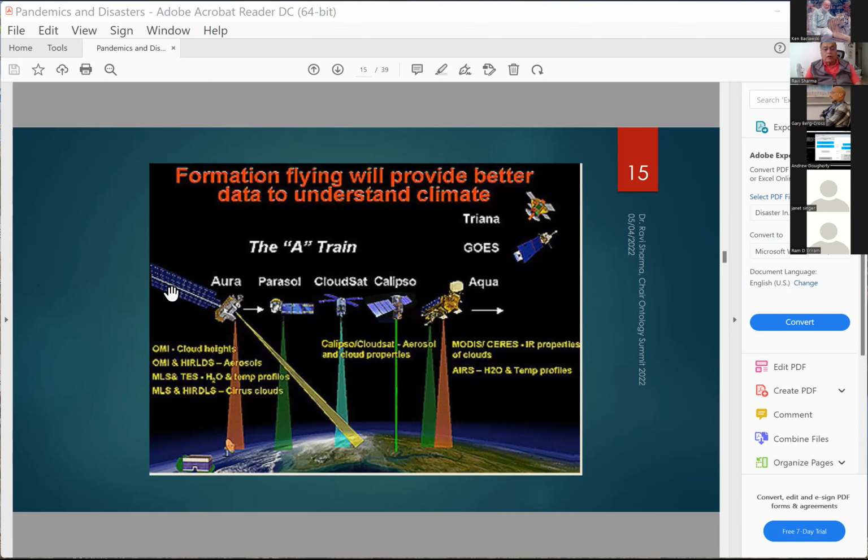So here we have Aura, we have Parasol, some European satellites, Aqua, and so on. And of course, there are GOES, which are in different orbit, and some are even in geostationary orbit. We do formation flight and constellations of satellites, and then align the images to reach